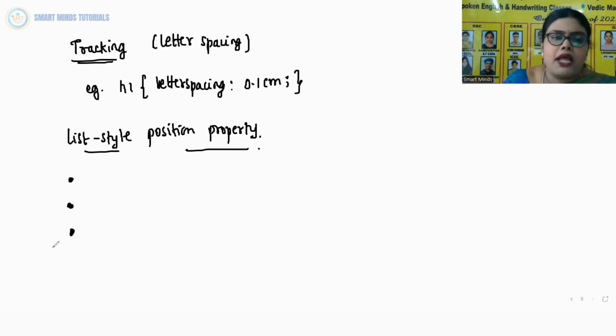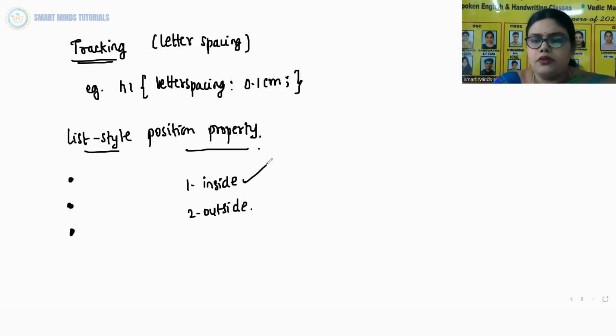This property has two values. Number one is inside, number two is outside. What does inside do? Here the second line is aligned underneath the start of the marker. And in outside, the second line is aligned with the start of the first line.